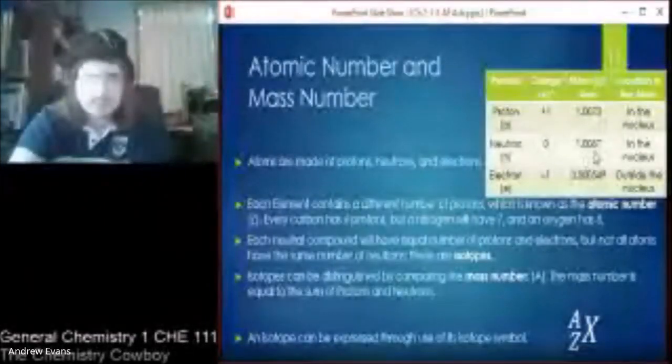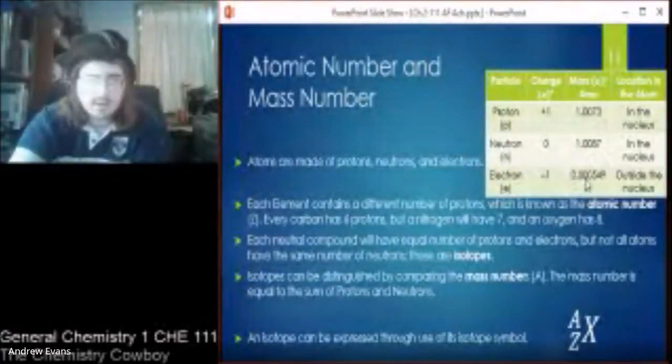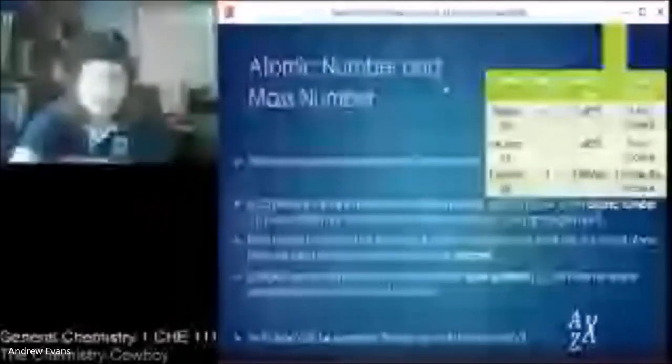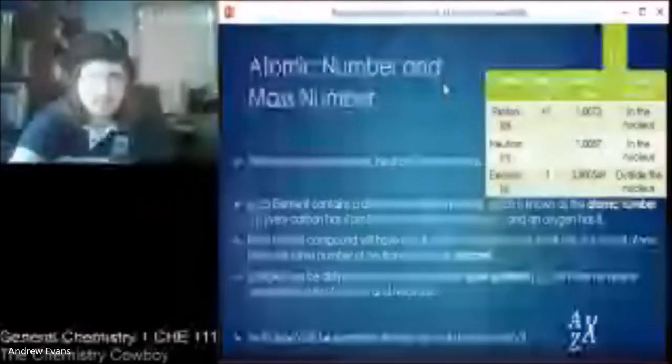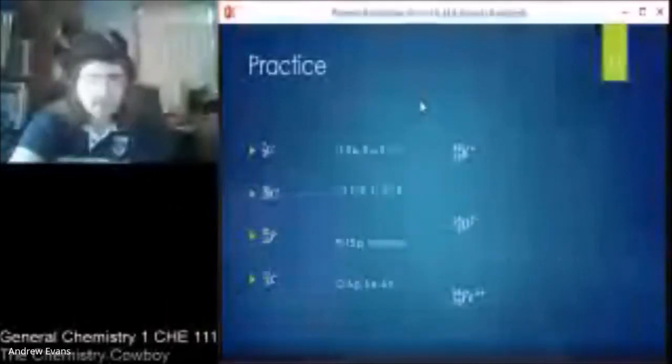A neutron weighs 1.0087 AMU, and the electron weighs this small little fraction of an AMU. Rather than weigh these atoms in grams, which is incredibly small and impractical, we've introduced the AMU that helps us